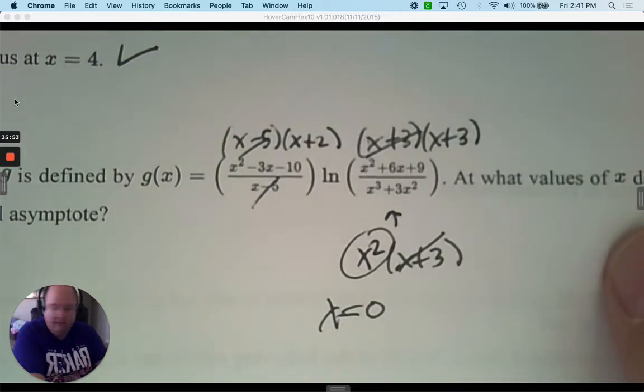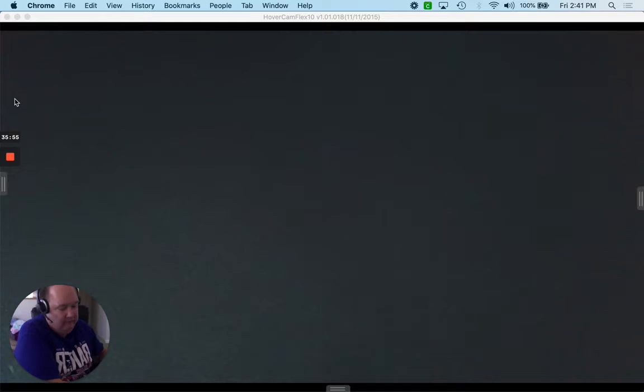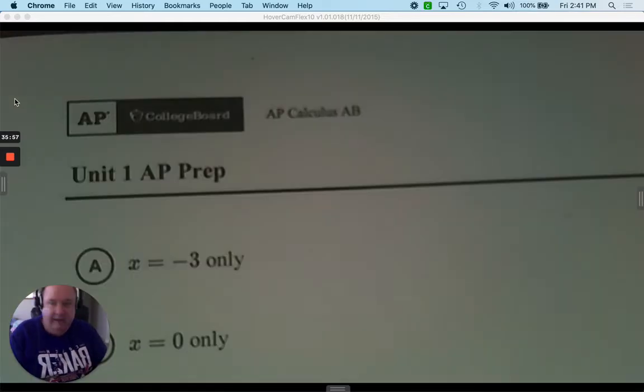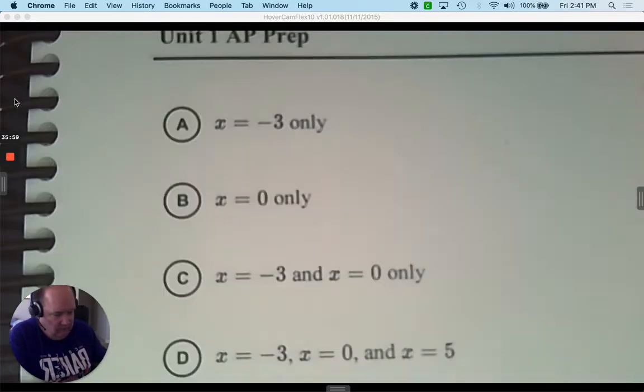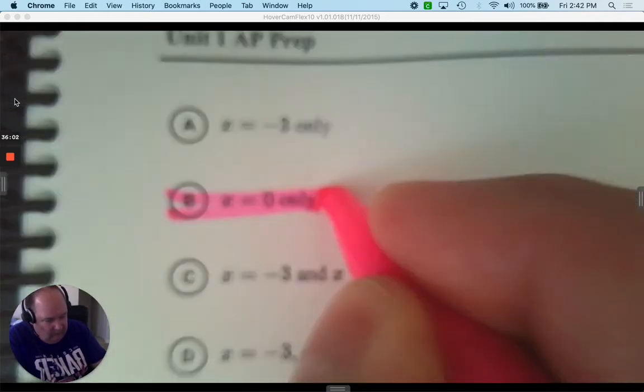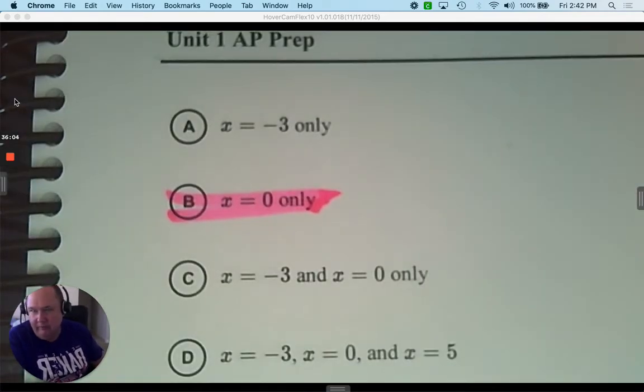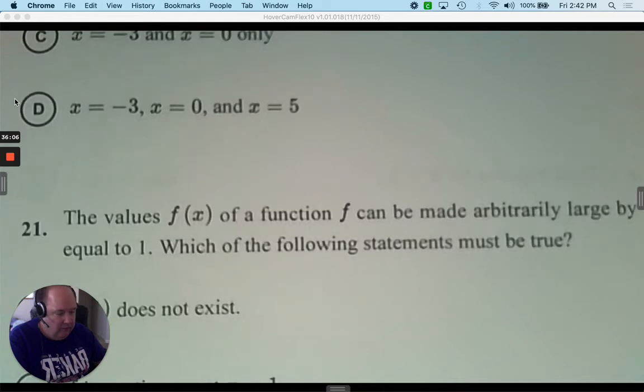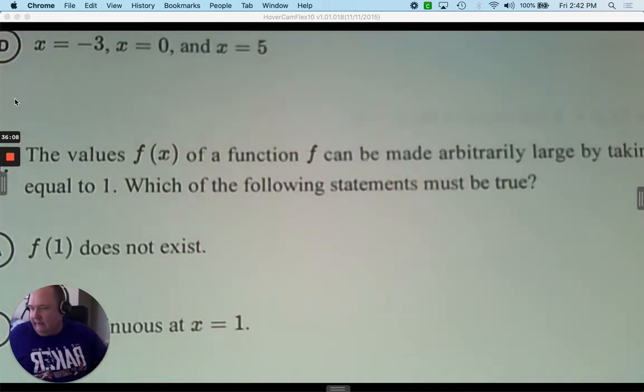All right, so let's turn the page. And the answer here is at 0. That's the one that's non-removable from the denominator. 21. The values of f at x